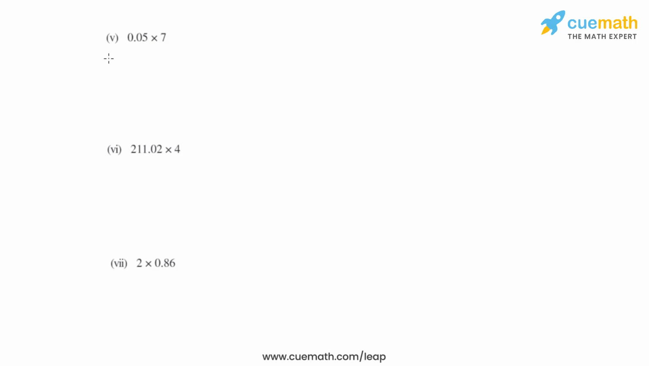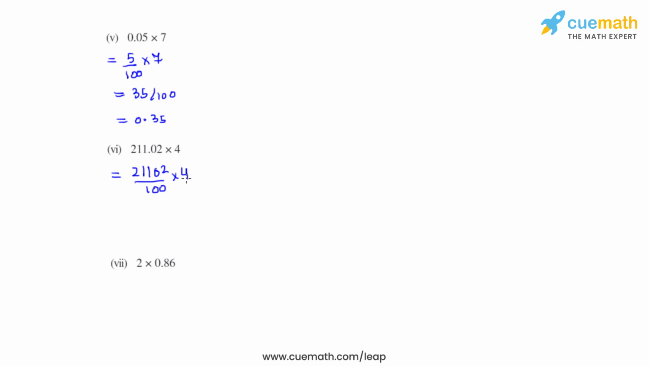In the fifth bit, we have 0.05, which can be written as 5 over 100 and times it with 7. We get it as 35 by 100. So our final answer comes as 0.35. Coming to the sixth bit, we have 211.02, which can be written as 21102 divided by 100, and we